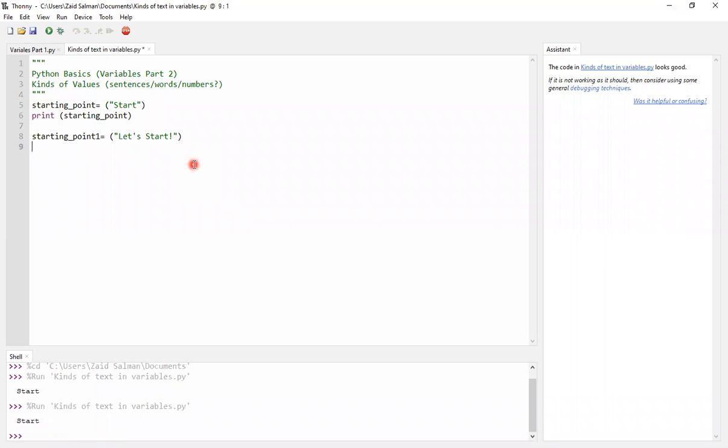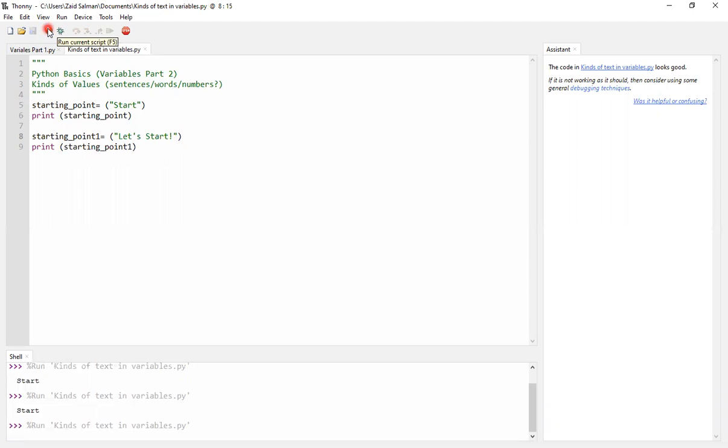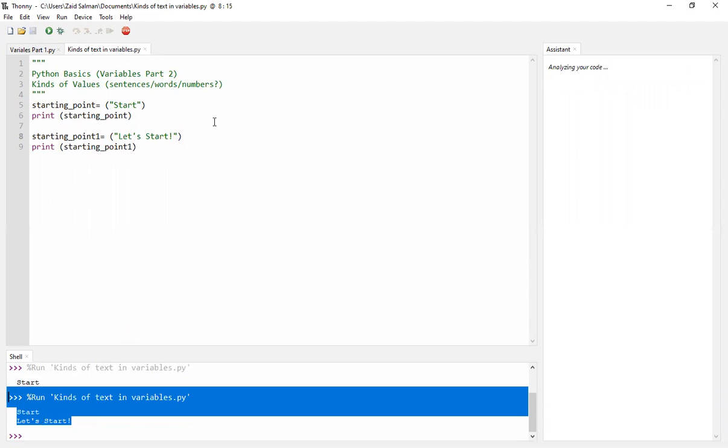Sorry, I forgot to do print starting point 1. So I'll do print starting point 1. You can also do _1, but it's also understandable without having an underscore. So I'll just run the script, and I've got let's start.